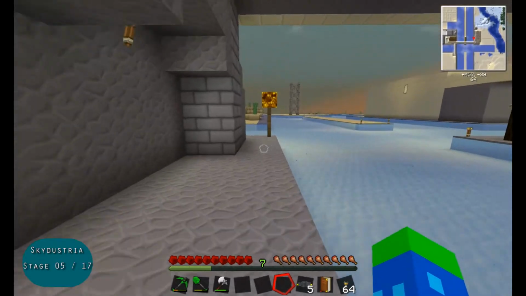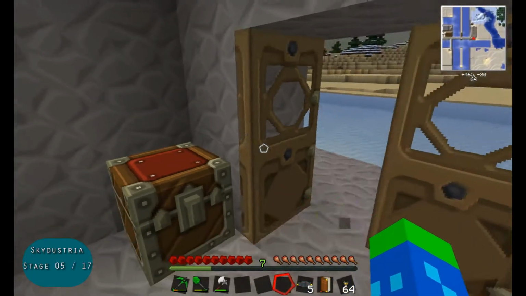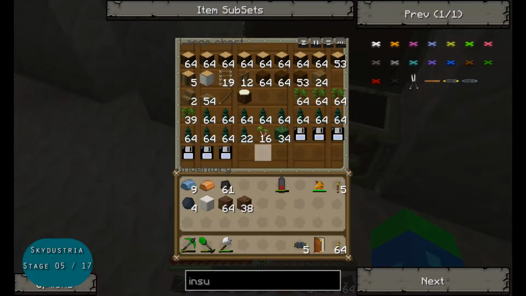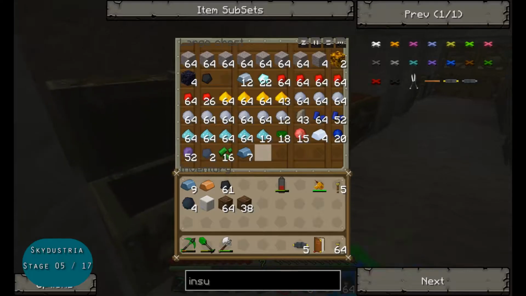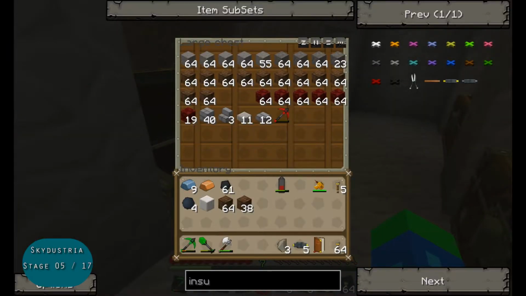No word on the flower bed. But in the meanwhile, what I'm going to do is head in here. Now, in order to make a macerator, I need... there's my flint. I need 3 flint, 2 cobblestone. I think it's cobblestone, right? Let me double check